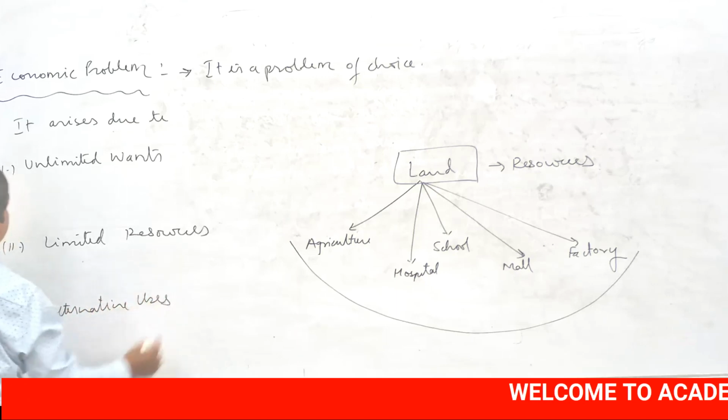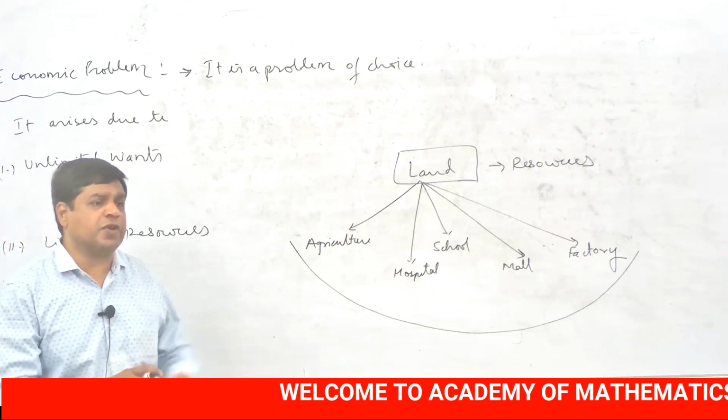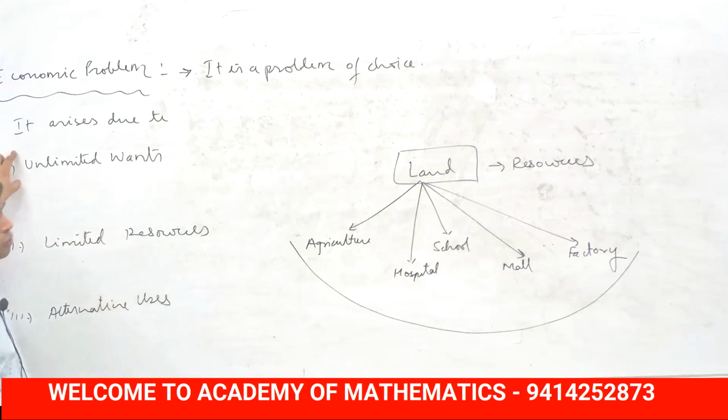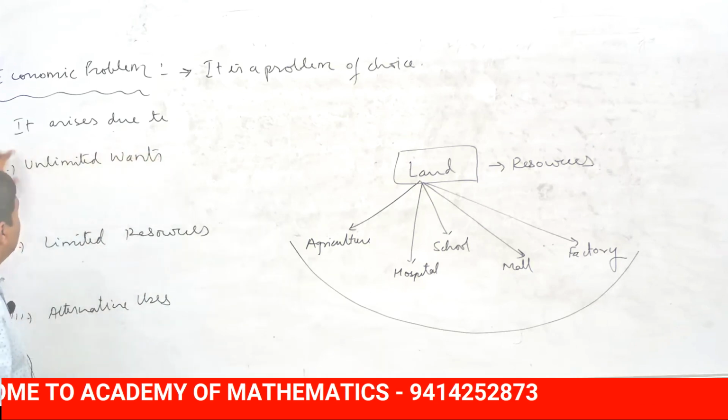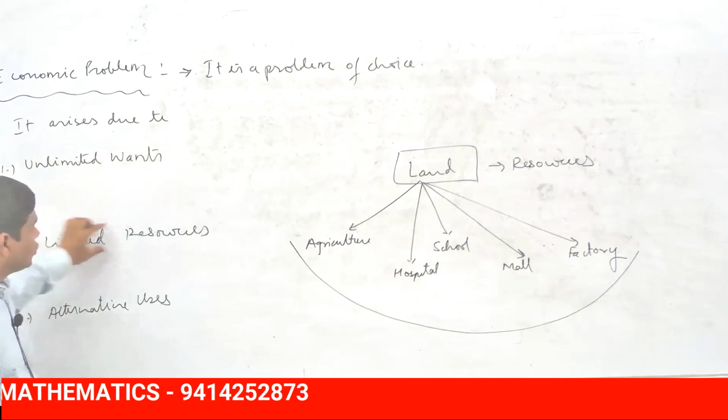Friends, human wants are unlimited. No man can satisfy wants fully. If one want is satisfied, the other will crop up. So we are always having unlimited wants, students. Unlimited wants होती हैं, लेकिन जो resources होती हैं